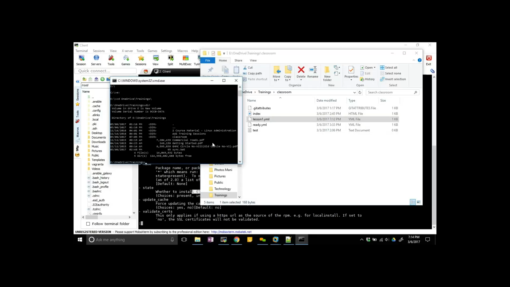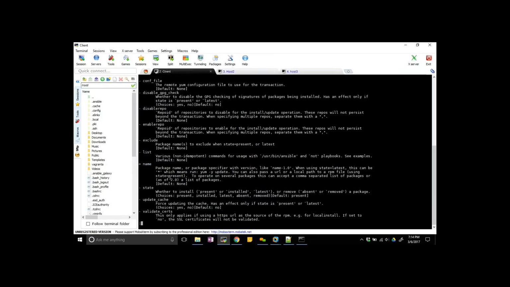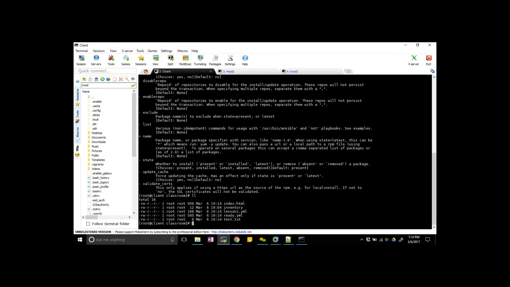If you see this batch file, I use the pscp command in it because I don't want to type that command every time, so I made it a batch file. It copies all the files here.